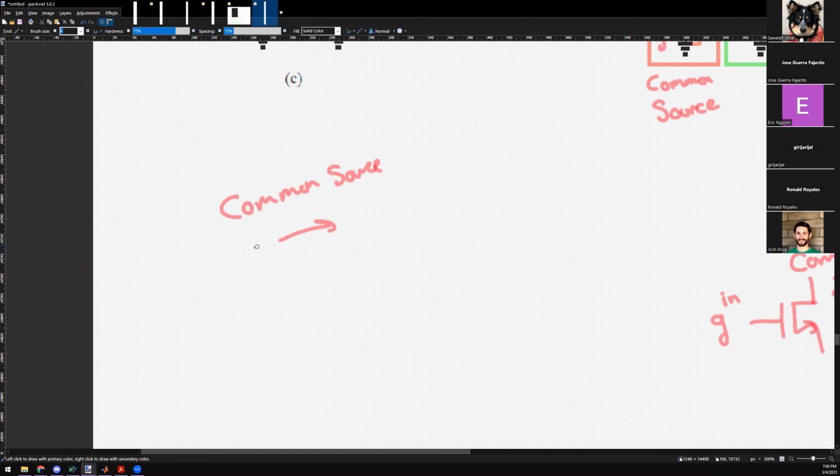Input is gate and output is drain. Good. If I say common gate, where's the input and where's the output? Input is source and output's drain. Good. Next, if I say common drain,